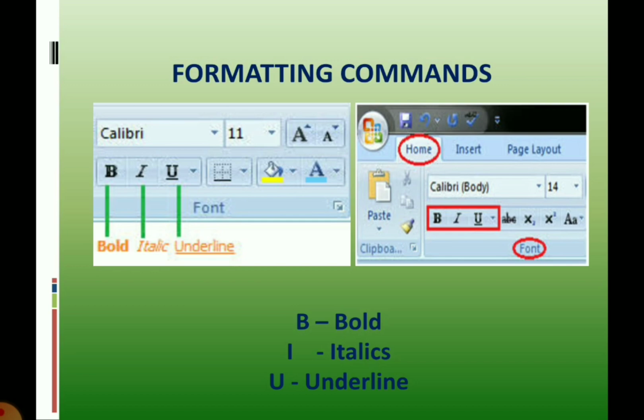And if you want your writing in a very slanting manner, slanting to the right, you can use italics. And if you want an underline for your text, you can use U. So let's check how to use these things in Word.